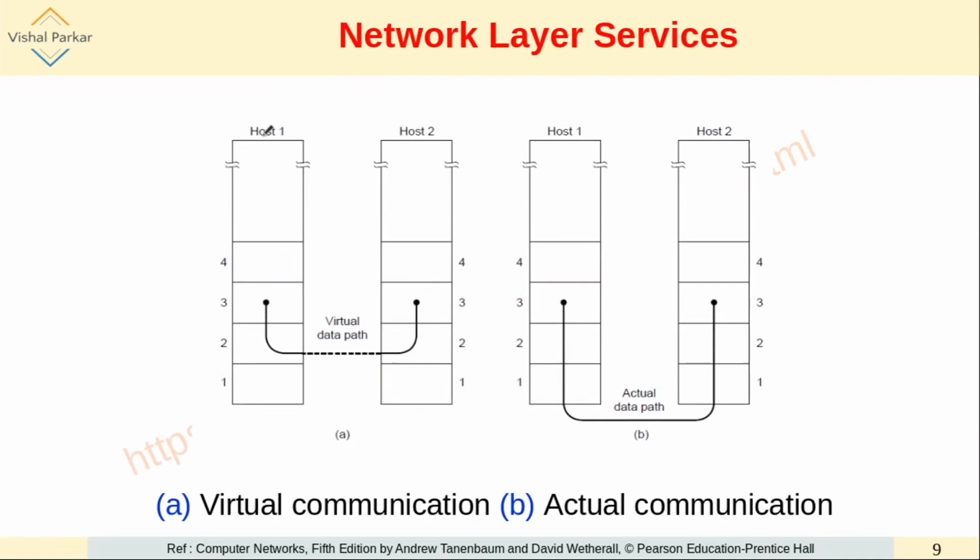So this is host A and host 1 and host 2. We'll see what is the virtual data path and which is the actual data path. That will make the communication concept very clear to you once again. That may sometimes be a repetition, but that is very essential. So 1, 2 and 3 are the indices of the layers: physical layer, data link layer, and the network layer. So this is the sending machine once again.